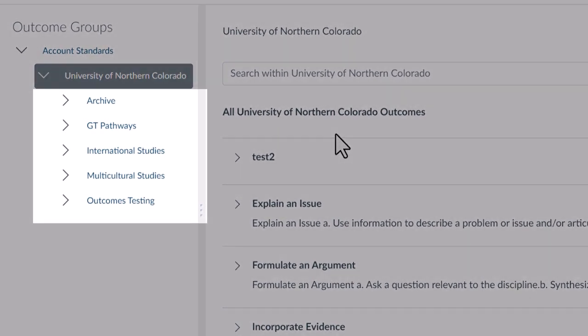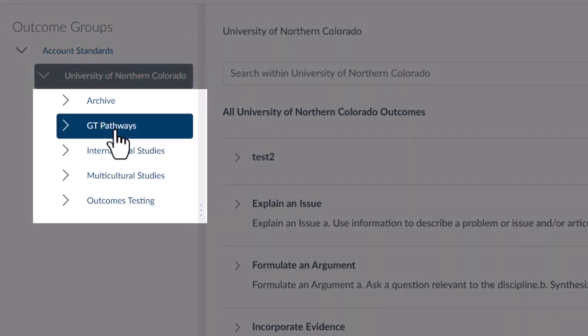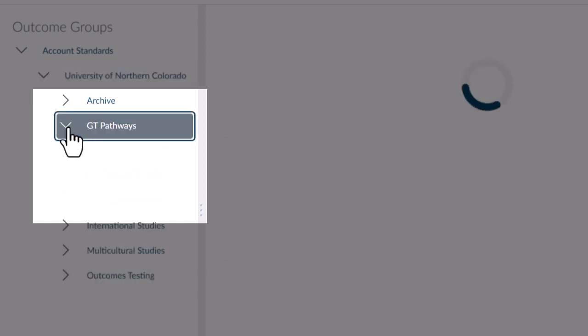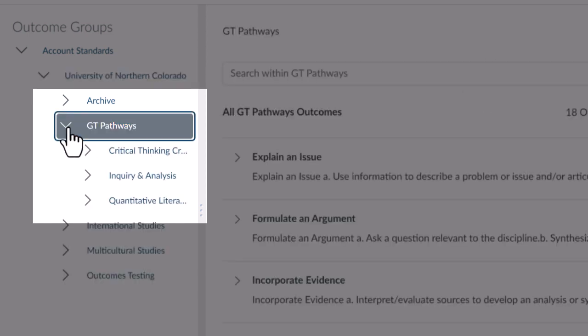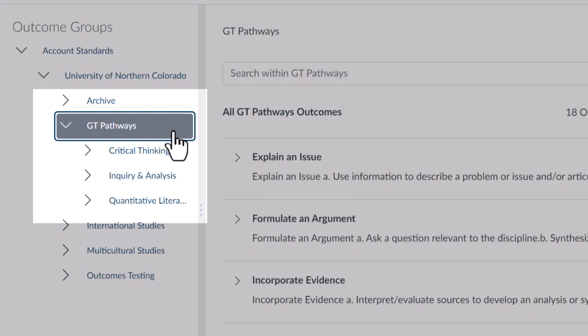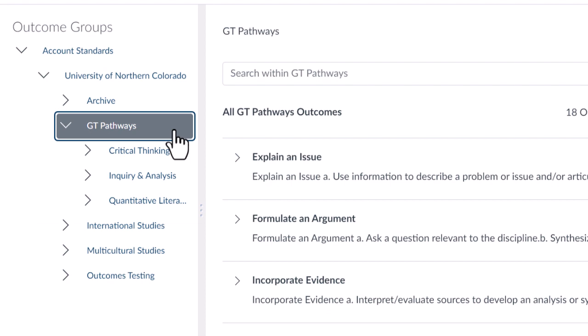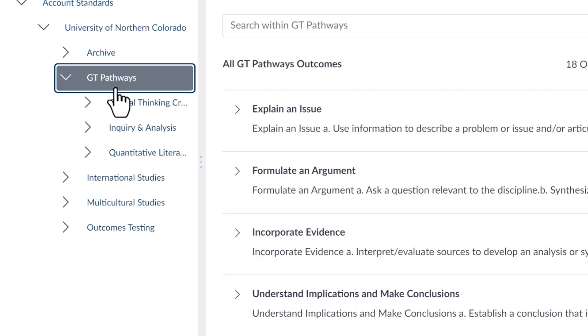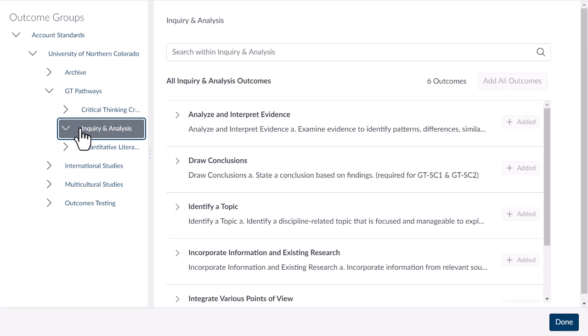Now, here you want to select GT Pathways on the left-hand side. That will bring you to a drop-down menu. As you can see here, as of the time of this recording, there are 3 GTP competencies for which there are outcomes in the system: critical thinking, inquiry and analysis, and quantitative literacy. For the purposes of this example, I'm going to select inquiry and analysis,